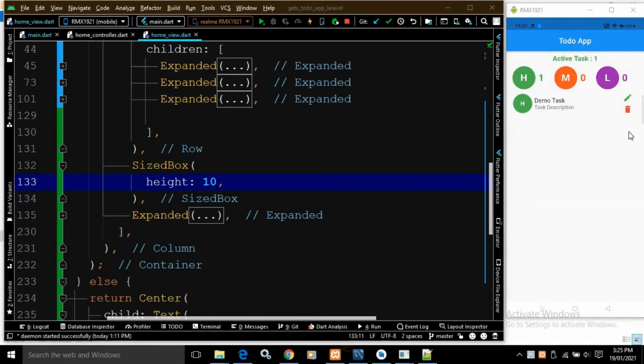In my previous video, I have discussed how to display this total number of active tasks, and I have also discussed how to display this total number of high priority tasks, medium priority tasks and low priority tasks. In this particular video, I will discuss how to display all the tasks present in the server in the list view. As you can see, in the table we have only one task, so that task is being displayed here,